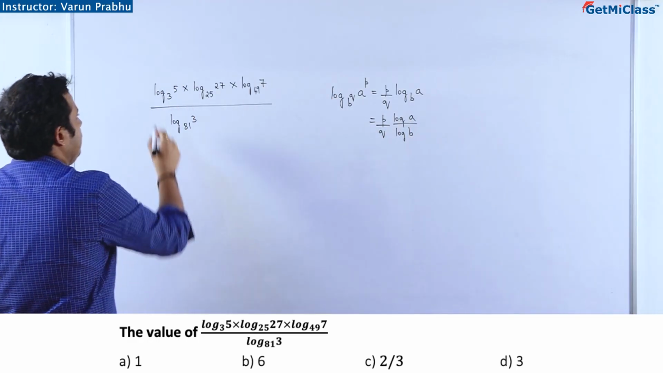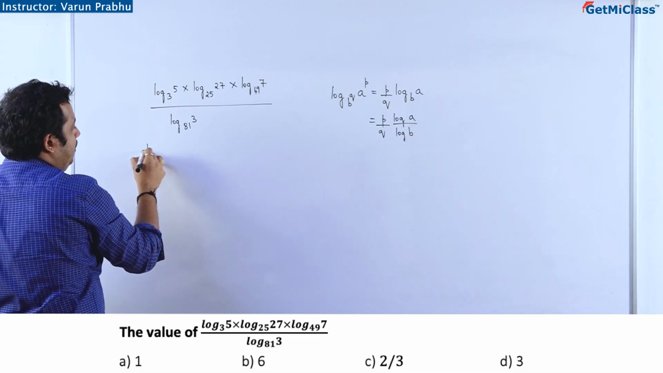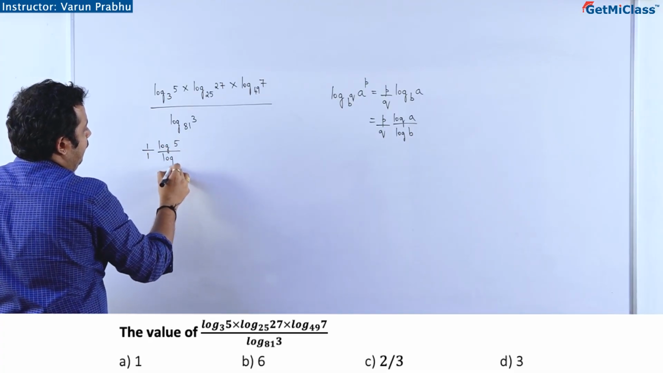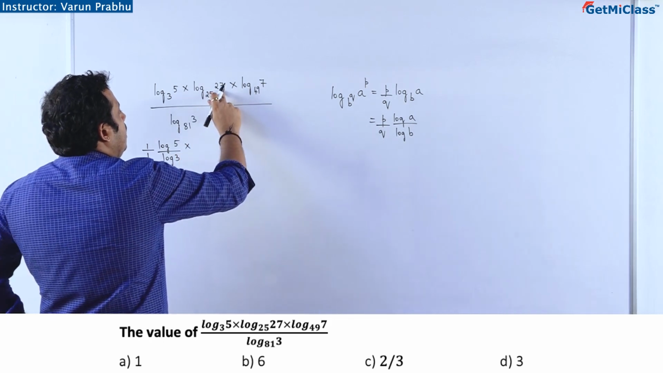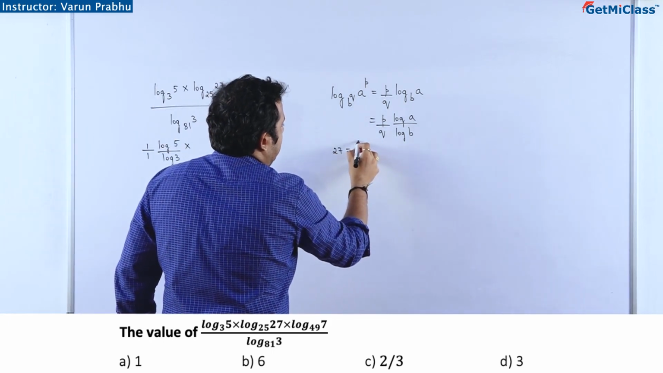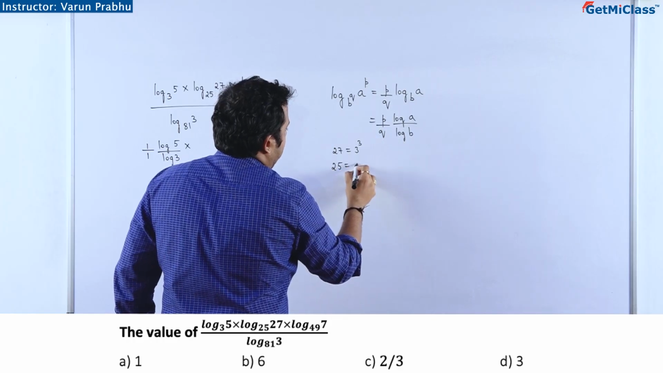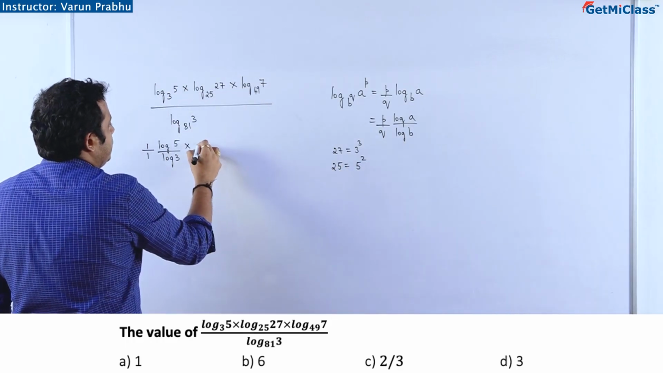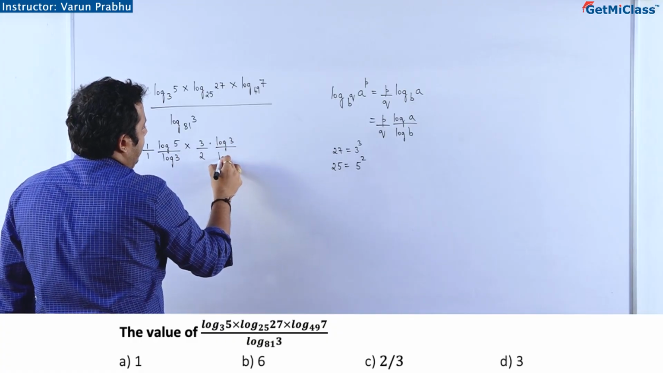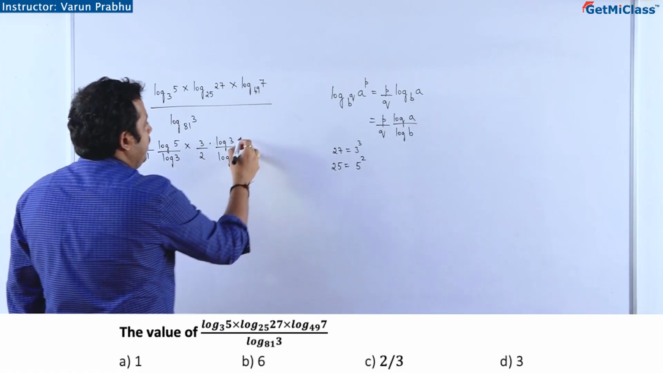So I can write here, see here this is 3 power 1, 5 power 1 into log 5 divided by log 3, correct? Log 5 divided by log 3. 27 can be written as 3 cube, 25 can be written as 5 square. So I can say 3 divided by 2 into log 3 divided by log 5, log 3 divided by log 5 into